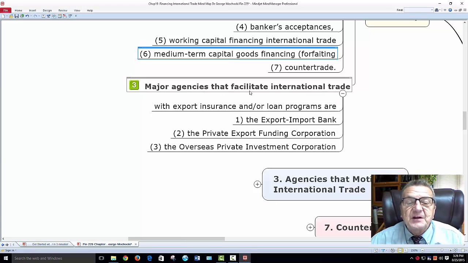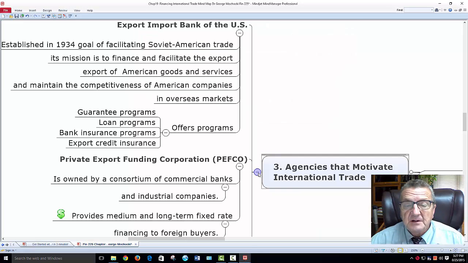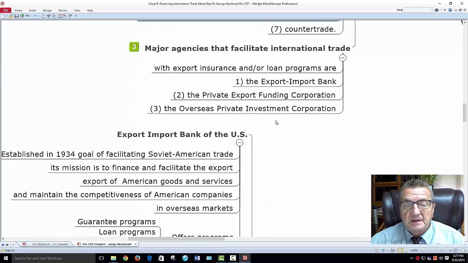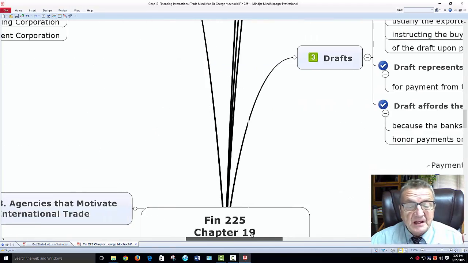Major agencies that facilitate international trade with export insurance and loan programs are the Export-Import Banks. We just talked about them here. All right, you have all of them: the Private Export Funding Corporation and the Overseas Private Investment Corporation. So what we had here, we did pretty good. We covered everything